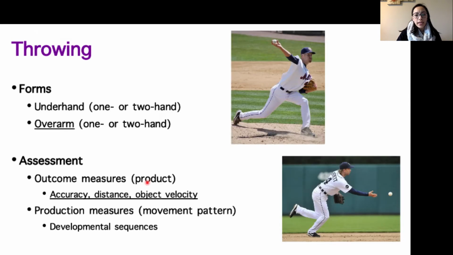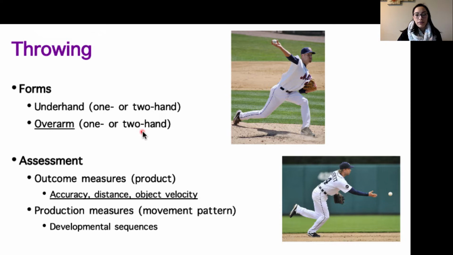So for throwing, which is kind of the center of our discussion for this video, can be done in a couple of different ways, right? We could do an underhand throw, kind of like this picture at the bottom, or we could also do an overarm throw like this picture at the top. Additionally, throws can be performed with either one hand or two hands, so there's a lot of variability within throwing